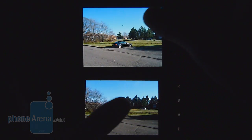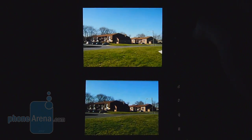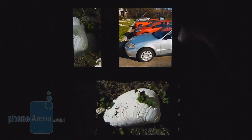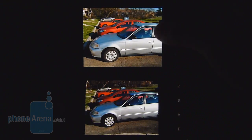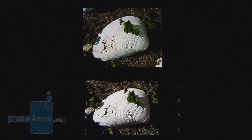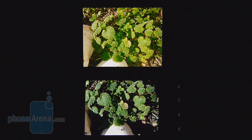At the top we have the Galaxy Nexus photos taken with its 5-megapixel autofocus camera, while below you have the Motorola DROID RAZR with its 8-megapixel camera. To tell you the truth, the quality is basically the same, especially in outdoor conditions. Average details, good natural color production, though with the Galaxy Nexus it seems to be a little bit more saturated